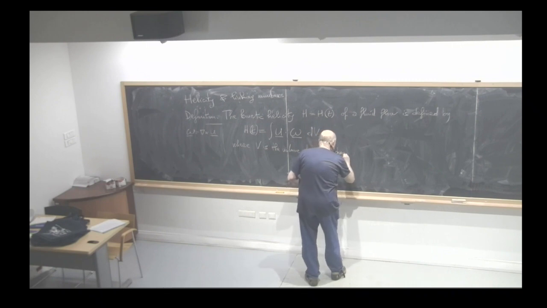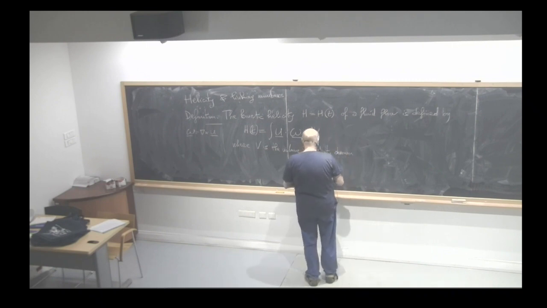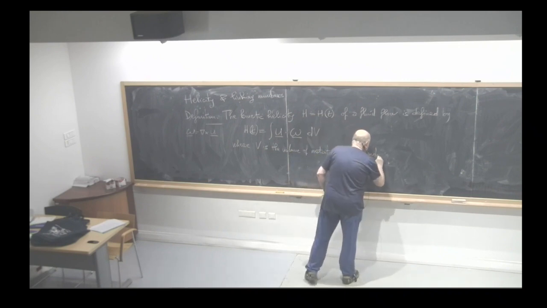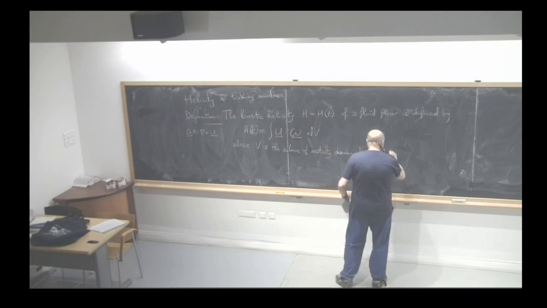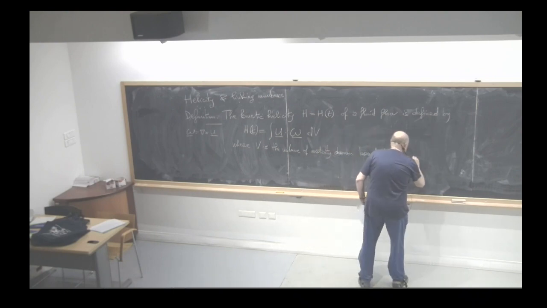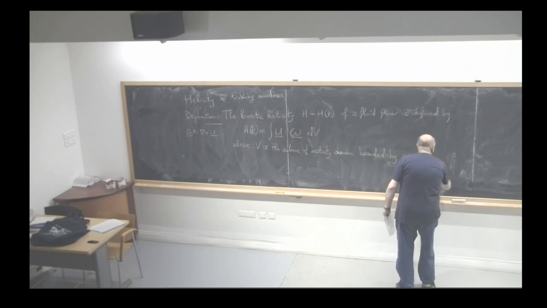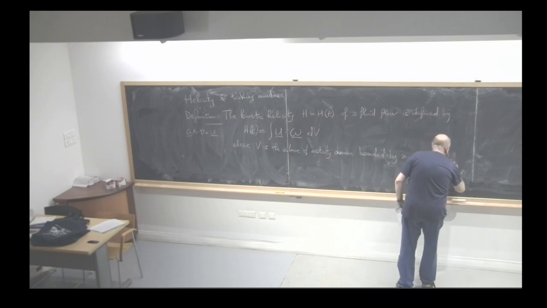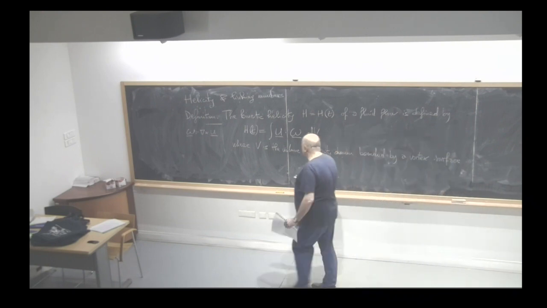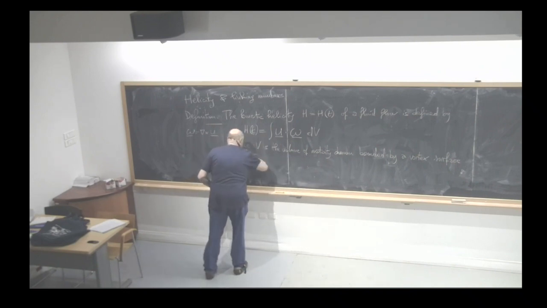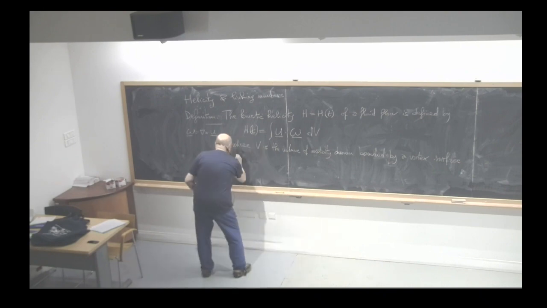Better to say vorticity domain, bounded by a vortex sheet, a vortex surface if you like. So first of all, a vortex surface S, the boundary of this V,